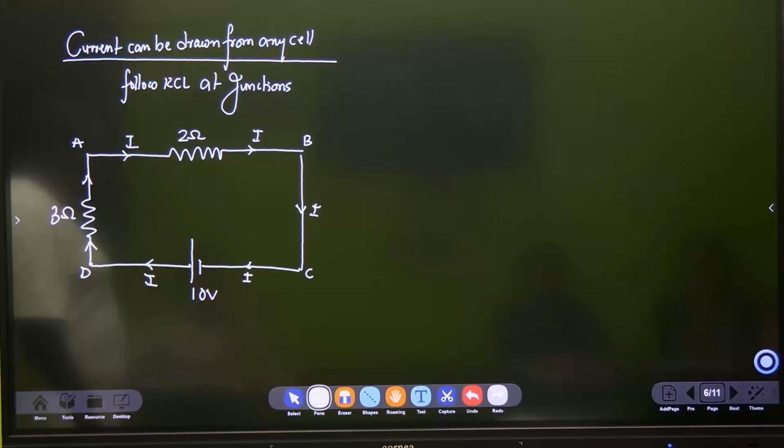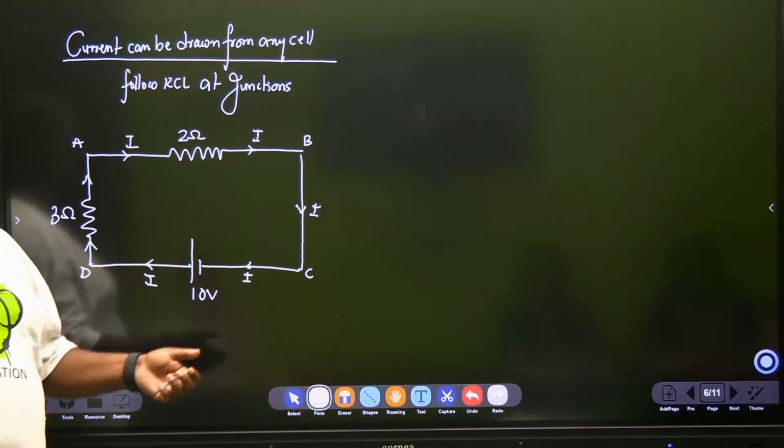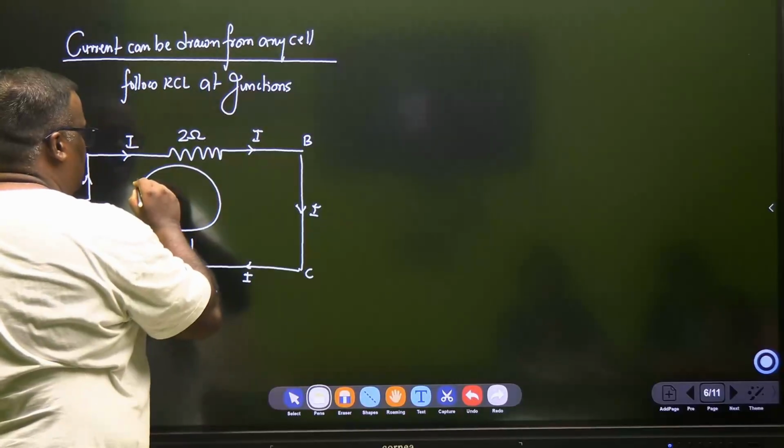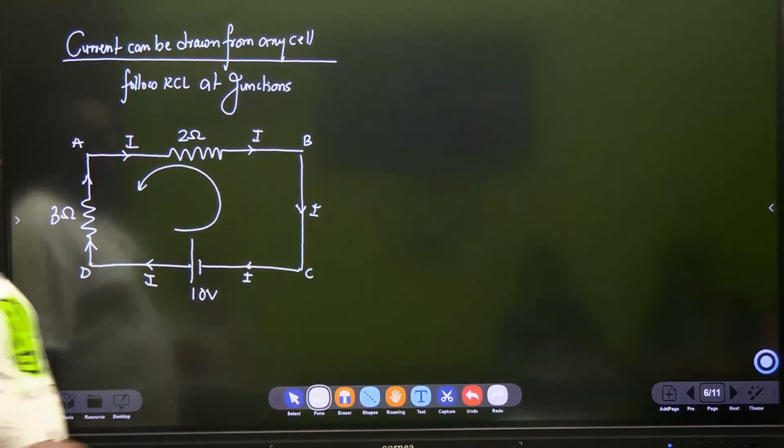Clockwise you want to move? No, we'll move anti-clockwise. Clockwise it becomes easy. Let's go anti-clockwise. Idiot approach, but still we will do. Okay. So we are doing